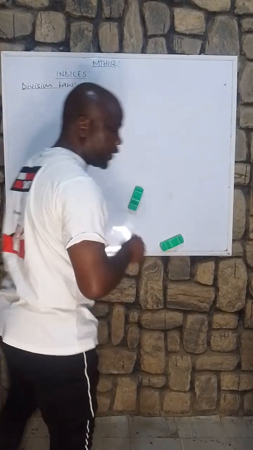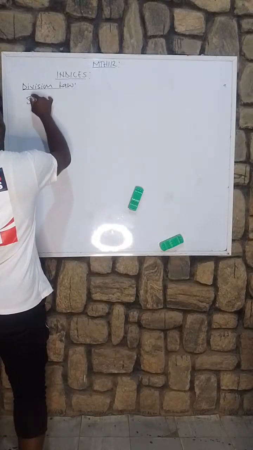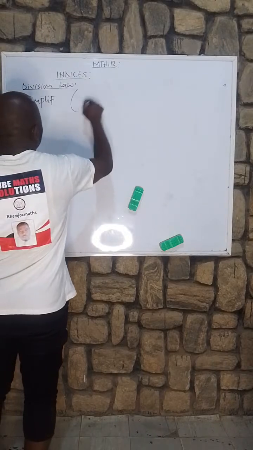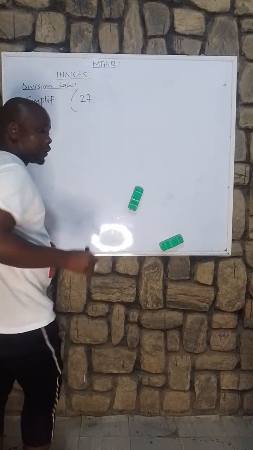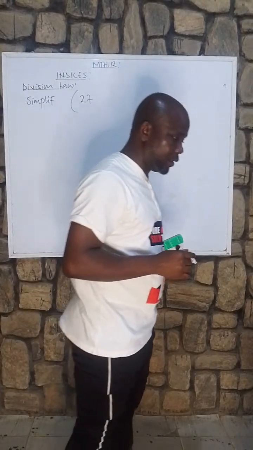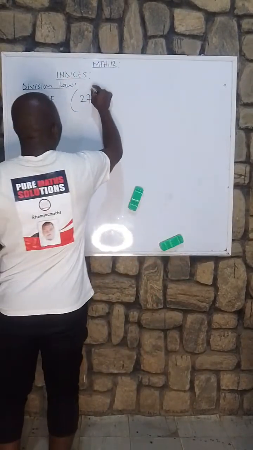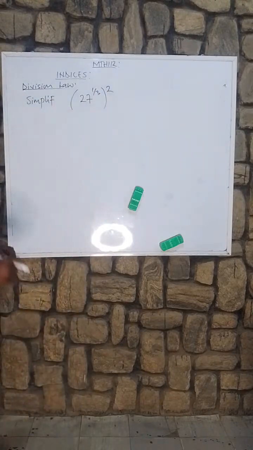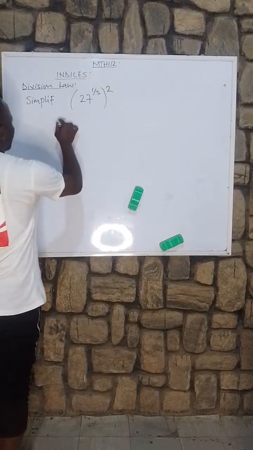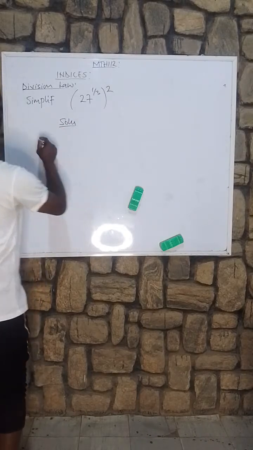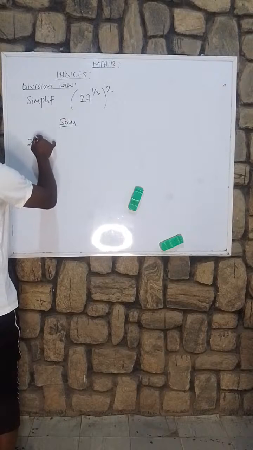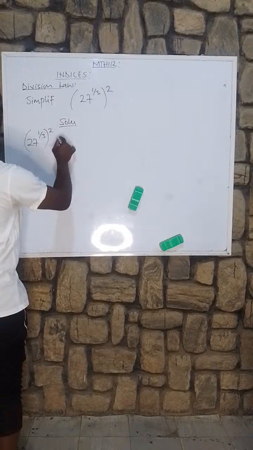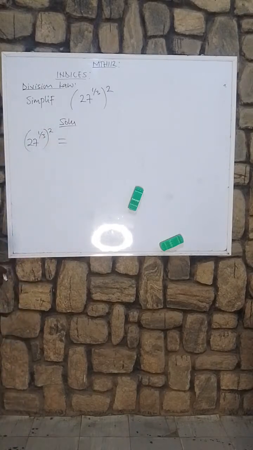Okay, simplify 27 raised to the power of 1 all over 3, close bracket raised to power 2. It is as simple as ABC. What we need to do, let's write the solution first. So (27 raised to the power of 1 all over 3) raised to power 2. This is the same thing as,